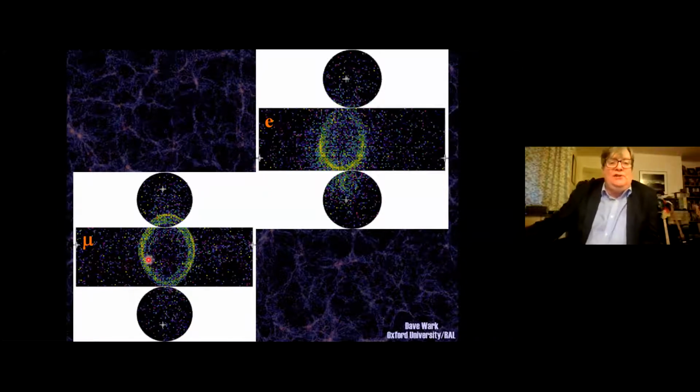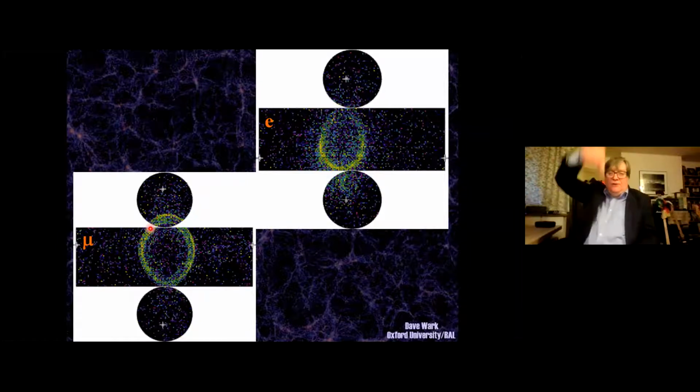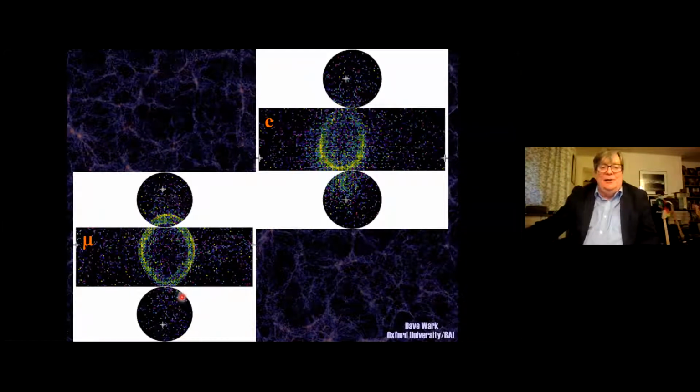So what you see here is the image of what is seen in the detector for a particular event. The detector, as you saw, was a cylinder. It was like a Coke can. So you take the lid of the Coke can, the top and the bottom, and you open them up. So that's the top and that's the bottom. And then you cut down one side of the can, you roll it out flat, and this is the rest of it. So that's a cylinder projected onto a flat piece of paper.